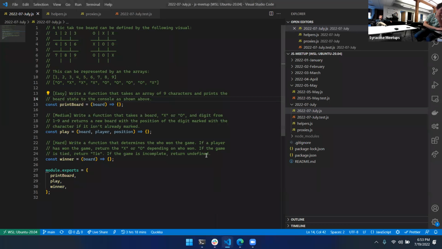my idea would be you print the board out. You can either say this is a player that I'm going to play as, or you can alternate and say player 1 you play now, player 2 you play now. And you just type a digit 1 through 9, and you press enter, and then it marks that spot on